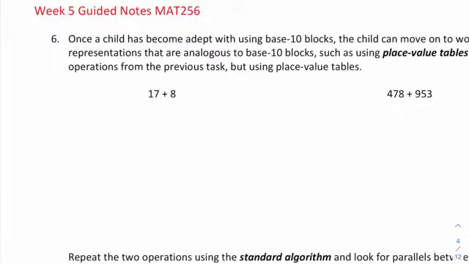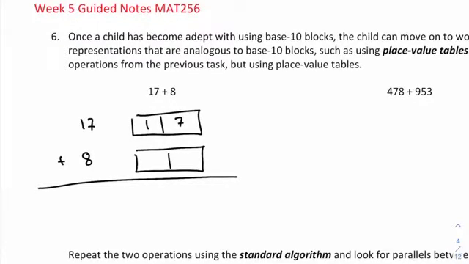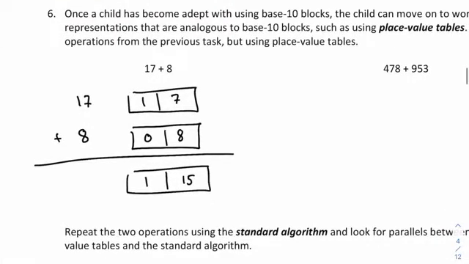By place value table, let's take this 17 plus 8. I only need 2 boxes for each number, right? I'm essentially doing 17 plus 8, and I'm going to put an answer down below. 17 has 7 ones and 1 ten. 8 has 8 ones and no tens. So when you combine these together, you have 7 ones plus 8 ones, you now have 15 ones, and you have 1 ten plus 0 tens, you have 1 ten. And you use this idea that if you have 10 or more in any one box, like the